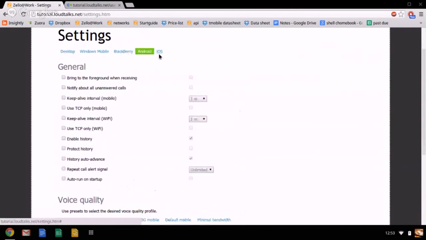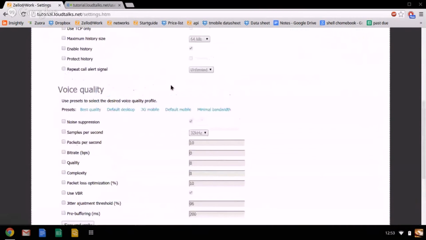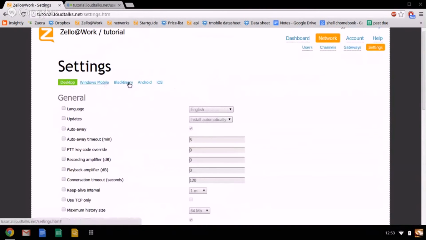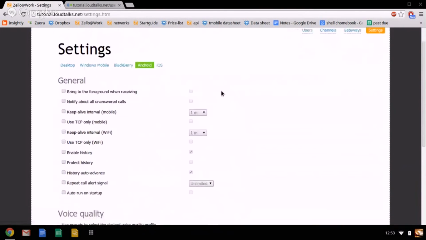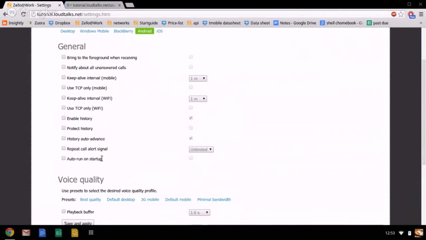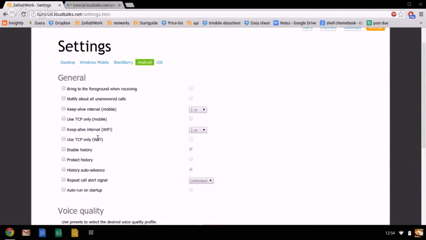And what this does is that you can control the clients from your network, which is really great. Different mobile devices have different settings, but depending on the ones you are using, you can go into that. Let's say we go into Android, and you can manipulate history, the repeat call alert signal, back buffer, all this stuff. And to understand the meaning of each of these, because it's a little long for me